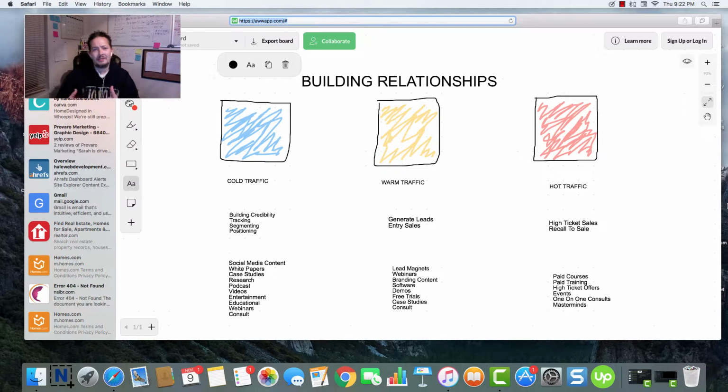So you can see how each traffic type is different and how it eventually bleeds from one to the other. You need to be aware of the traffic types that you're talking to. You wouldn't talk to cold traffic the same way you talk to hot traffic.